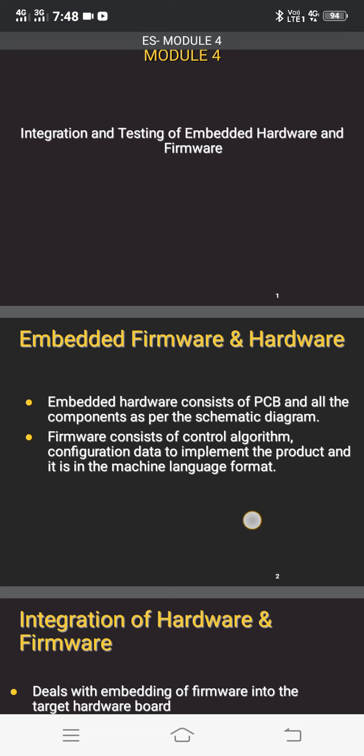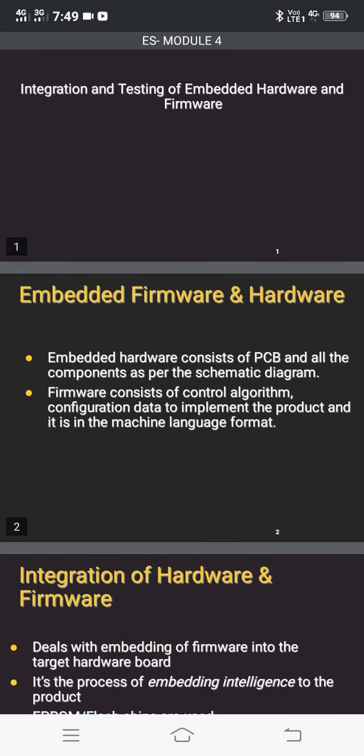As you know, embedded hardware consists of a printed circuit board and some of the hardware components as per the architectural diagram. And the firmware, which is the main part of the embedded system, consists of control algorithms. It can be configuration data, and it can be in any machine language format, it can be a hex file. So we need to embed the hardware as well as the firmware into a single system, then only